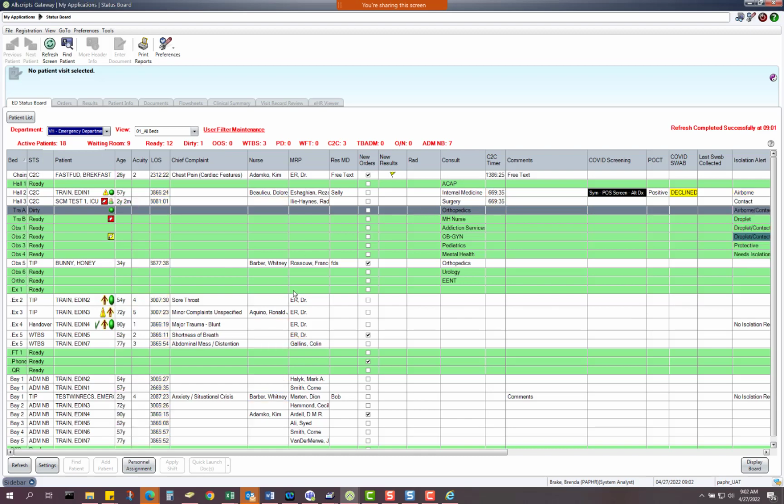And in this process, you'll get a look at what status boards look like as well. So this is a status board. This is also a training environment, and it's my emergency department view. But I want to primarily focus on the orders and results tabs right now. I will show you a view of a status board afterwards again,